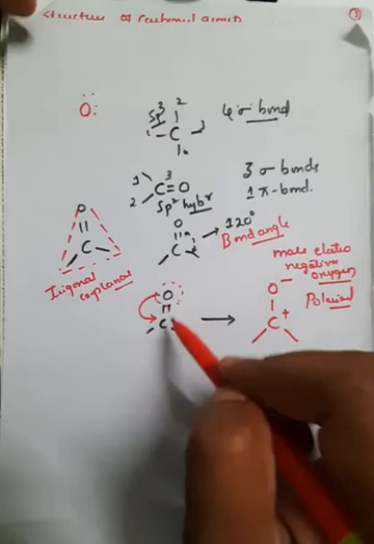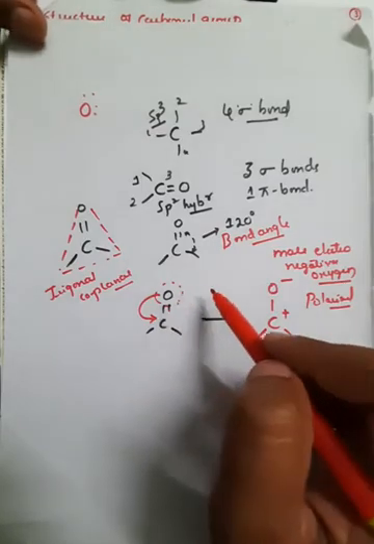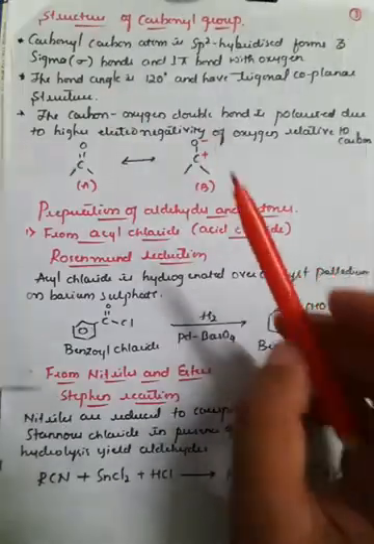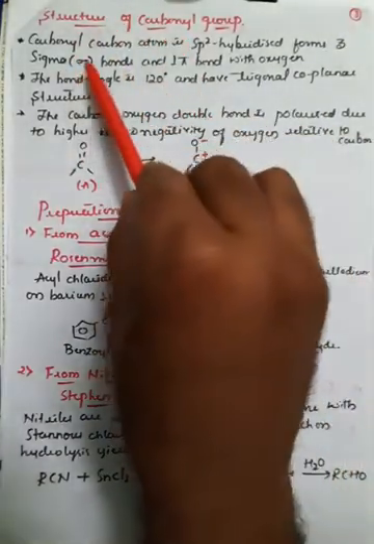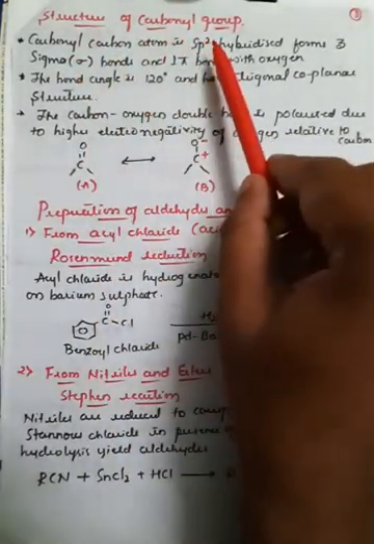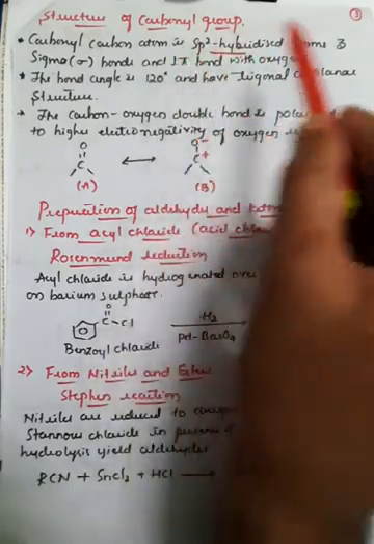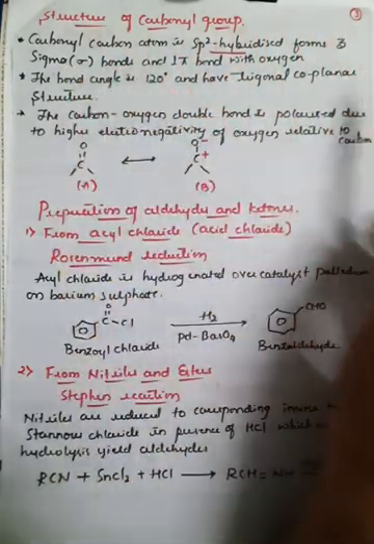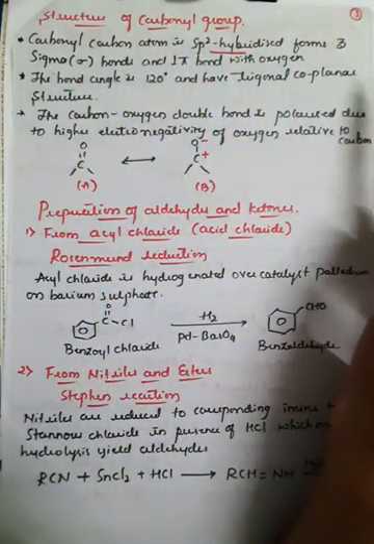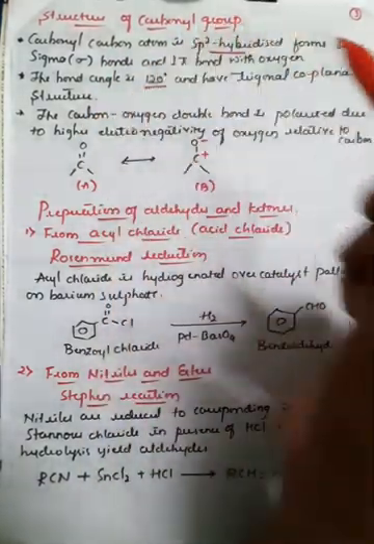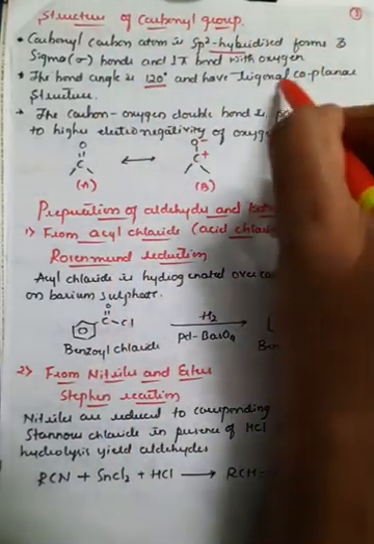The bond between oxygen and carbon is polarized, and oxygen will get a negative charge and carbon will get a positive charge, right? So these 4 points I have written here. If you observe the carbonyl carbon atom, that is sp2 hybridized, since it is a double bond. It is sp2 hybridized with 3 sigma bonds, as I have already explained, and it consists of 1 pi bond also, right? So generally with oxygen, and the bond angle is 120 degrees, that also I have explained, and having the trigonal